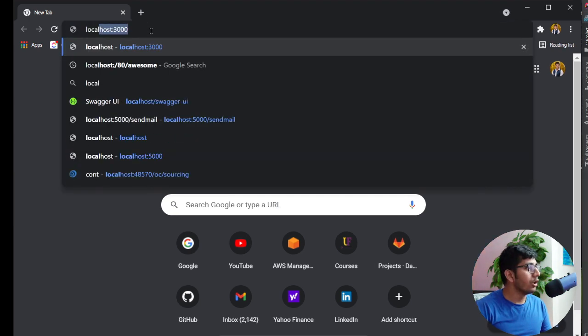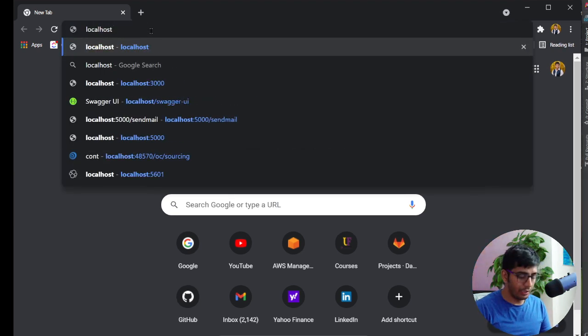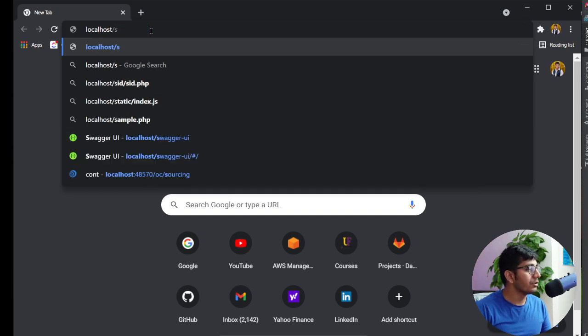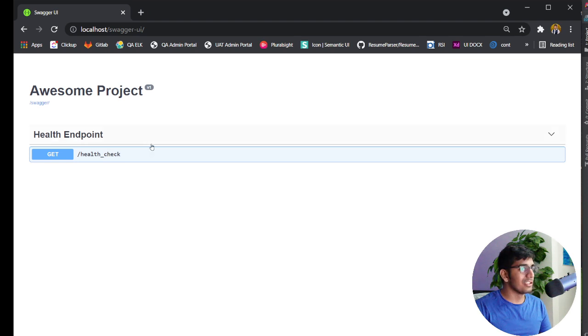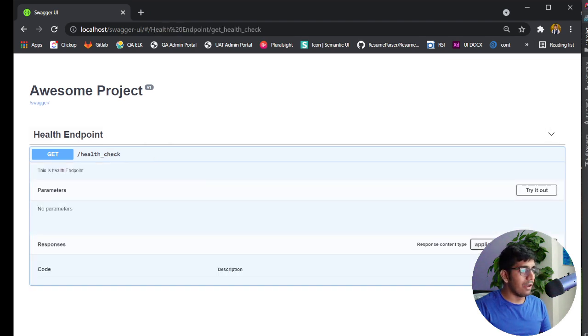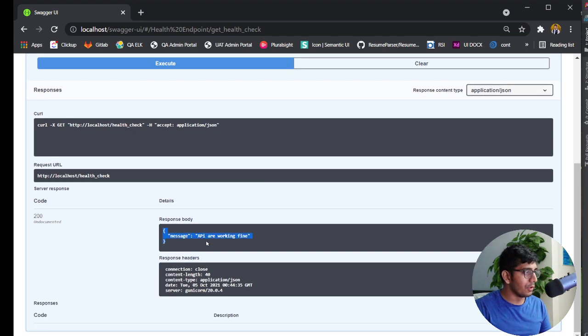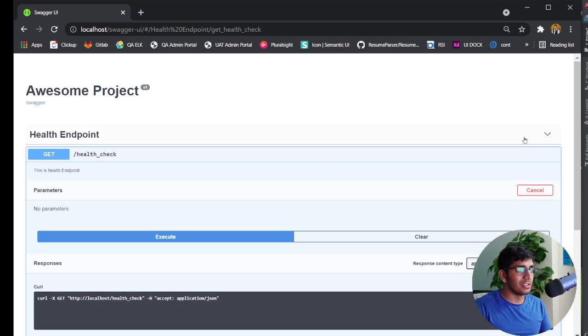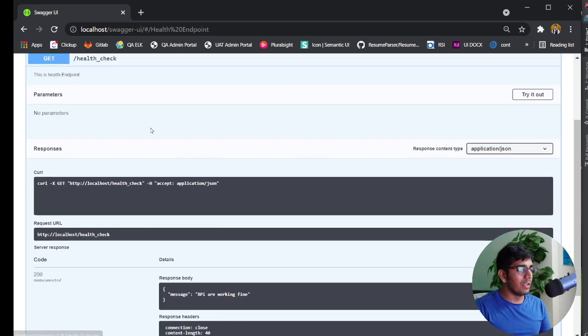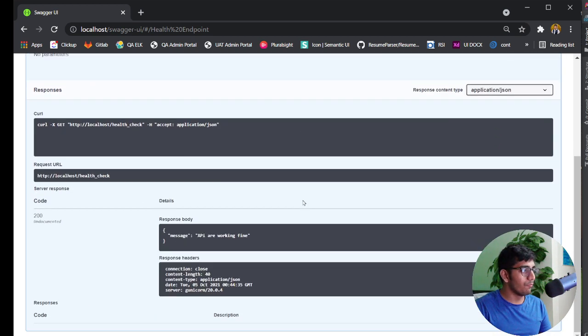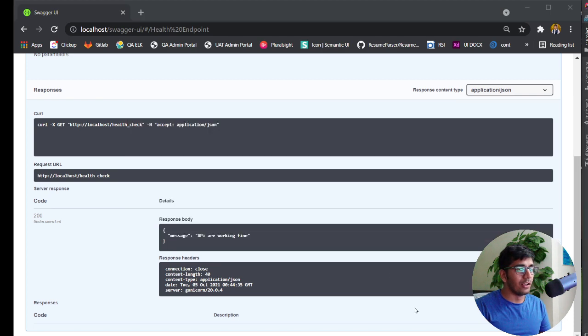I need to go to localhost, remember port 80, and then slash swagger. As soon as you go to this link, check this out, guys. Beautiful. You automatically have a Swagger UI. You can say try it out, execute, and essentially you have a response. Great, right? All of this is done by default. So if you're building Flask RESTful, Swagger API is one of the best things you could do. Now let's learn how to add endpoints to this.